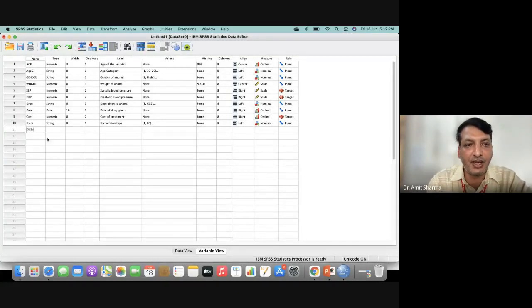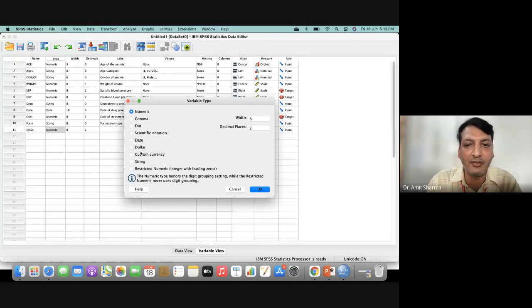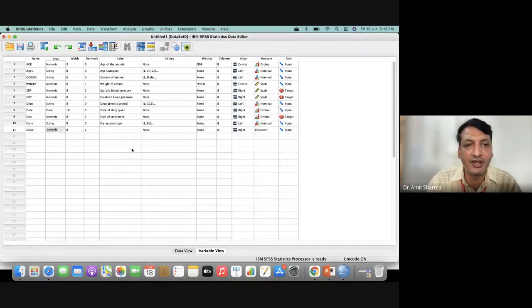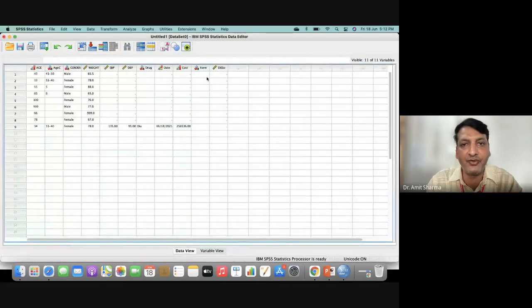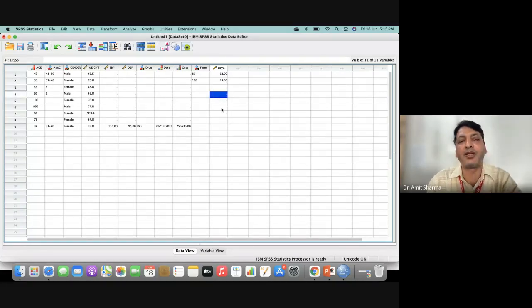And the reading of the dissolution will be numeric, because you are finding out how many minutes will be taken by the drug to dissolve. Clear? So here you are going to write dissolution time. There will be some spelling mistake because I'm just typing like this only. And here no need to do any coding, and like this you are able to fill the data. For example, span, this is your first formulation, and dissolution time is 12 minutes. Second formulation you have, this one 100, time will be 13 minutes. Like this you can make a sheet.